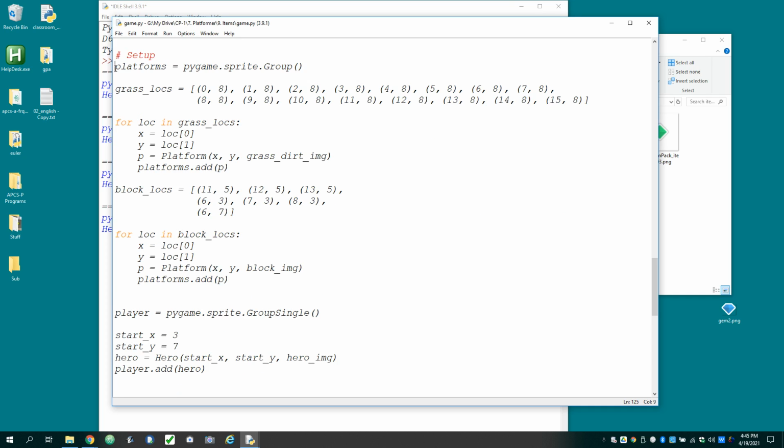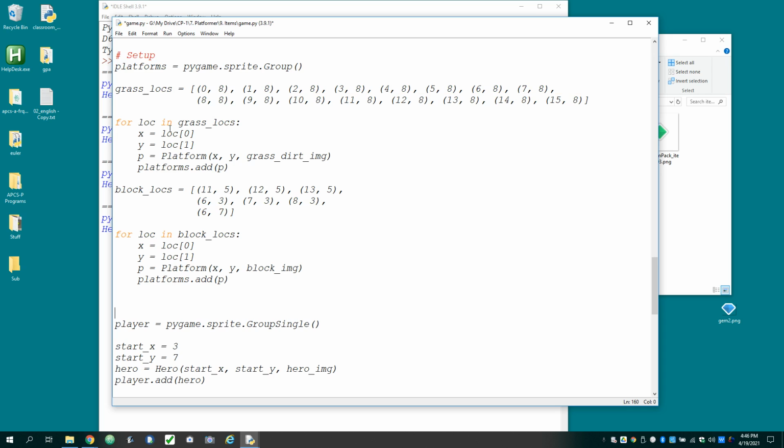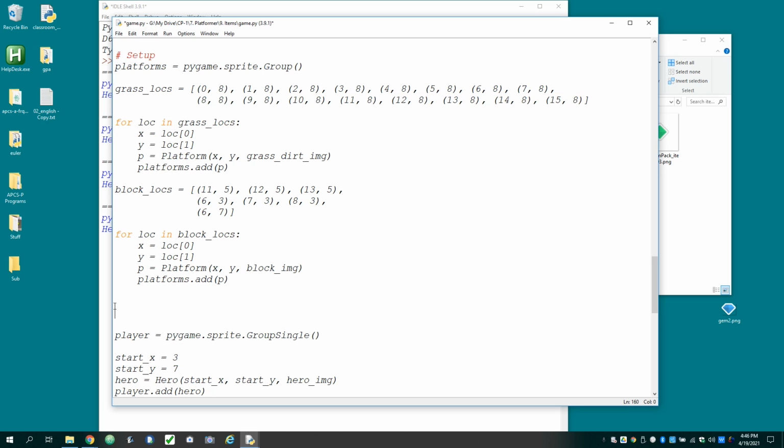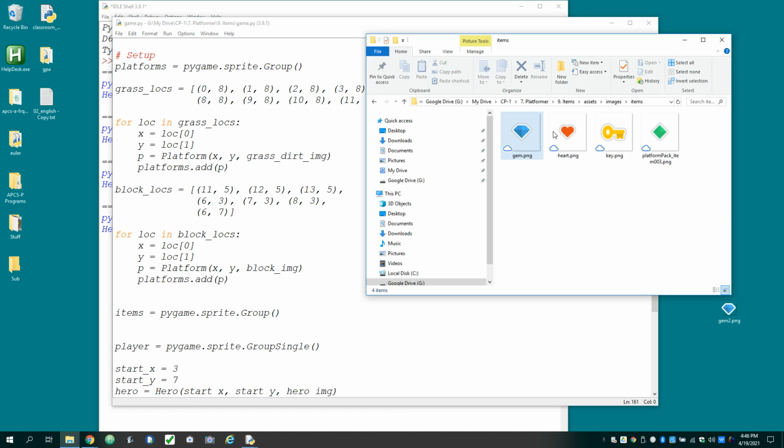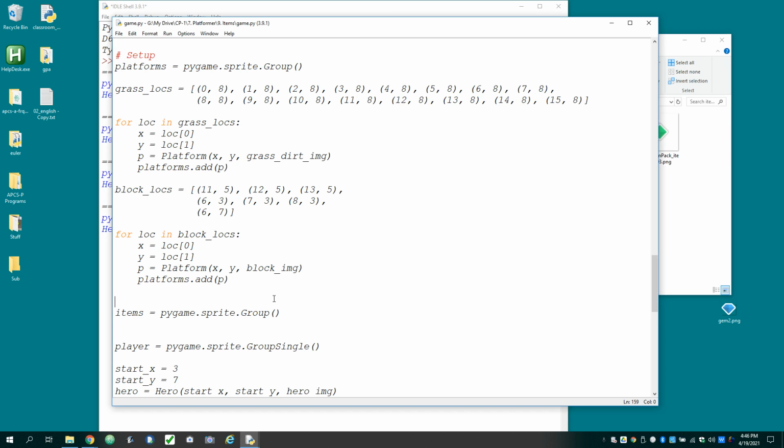It's going to be real similar to the way we made platforms, right? We're going to make a group, set some locations, and then create objects to put into that group. So I'm going to make a group. I'll do it after the platforms and ahead of the player. I'm going to make a group called items is equal to pygame.sprite.Group. And I'm calling it items because whether it's a gem or a heart or a key, we're going to put them all in the same items group. They're all going to work basically the same, so we can put them in the same group. And so let's make our gem locs,